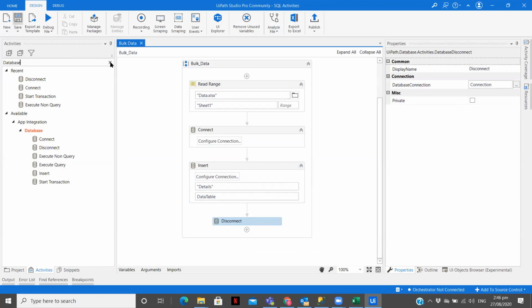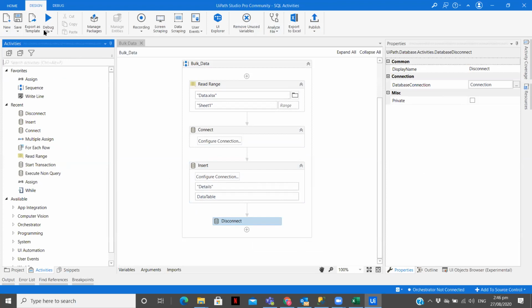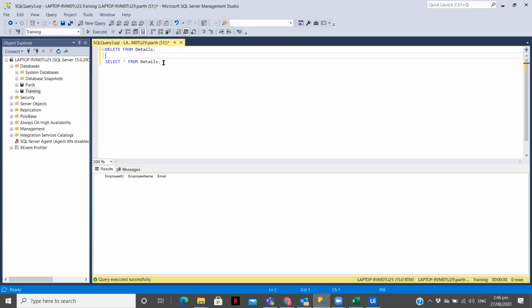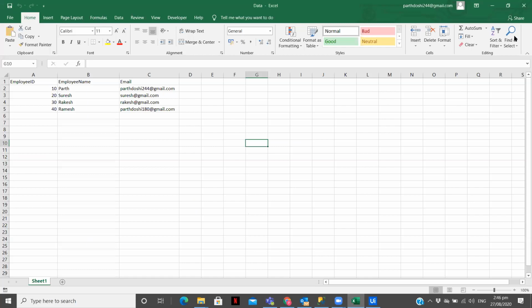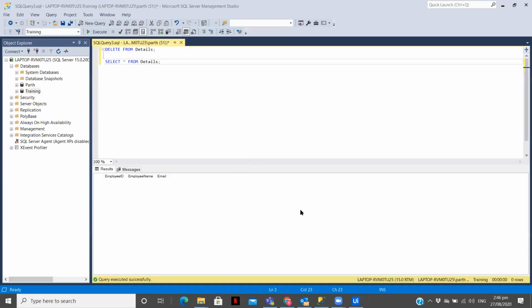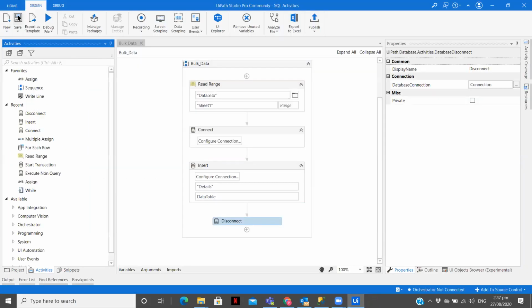Now let's see whether we are able to do that or not. Let me save and check again if we have any data. Execute. You can see we have no data over here. Now this complete data we are going to write in that database. Save and run.